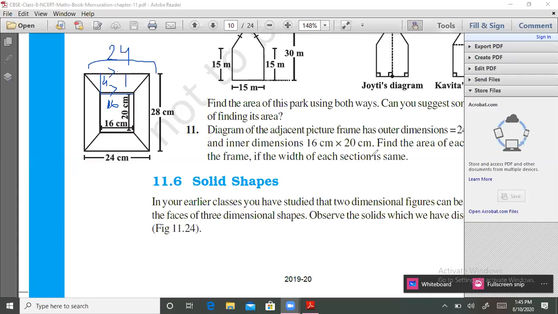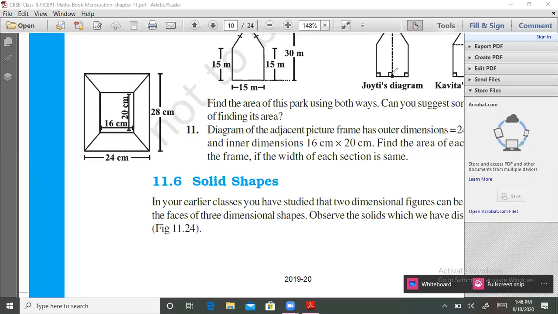Again, I'm repeating. Here we have given outside dimensions 28 and 24, inside 20 and 16, and how to find out width. It's total 28, inner side it's 20. So how much is left? 8. 8 will be the width, total width. So this side 4 and this side will be also 4. 8 का half ऊपर हो जाएगा, half नीचे, because it's mentioned here that सभी sections की width same है. Width of each section is same. So सारी की सारी कितनी हो जाएंगी? 4 हो जाएंगी width. Right?